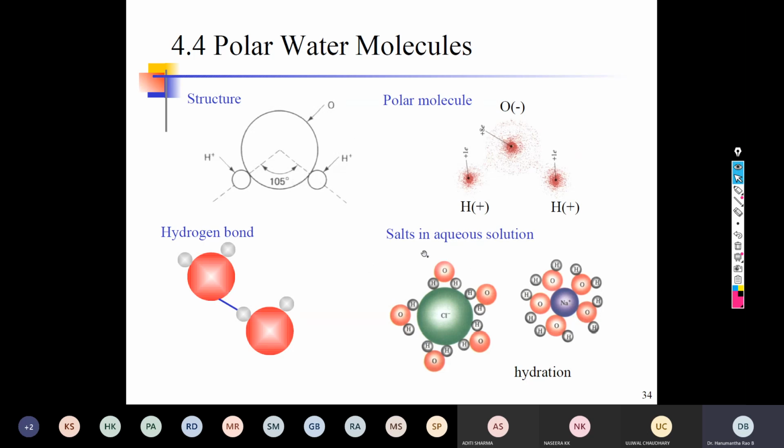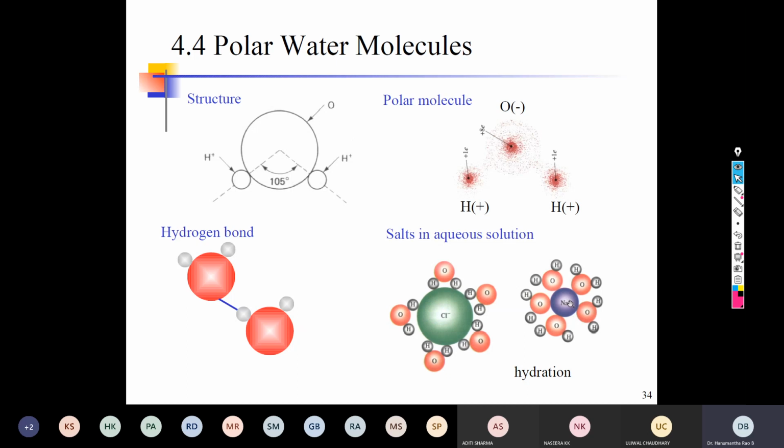So there is a kind of dissociation that happens when you add any salts to the water. Dissociation means segregation. So when they segregate, for example, if you add salt to the water, that is NaCl, the sodium gets dissociated and chlorine gets dissociated. So the sodium is attached to the water molecule separately, and the chlorine is attached to the water molecule separately.